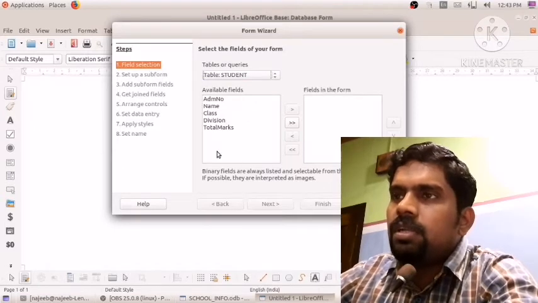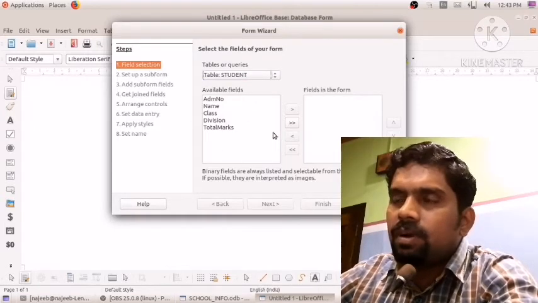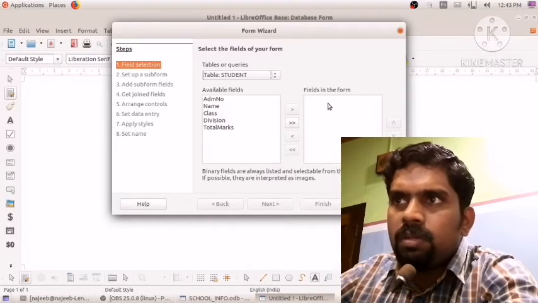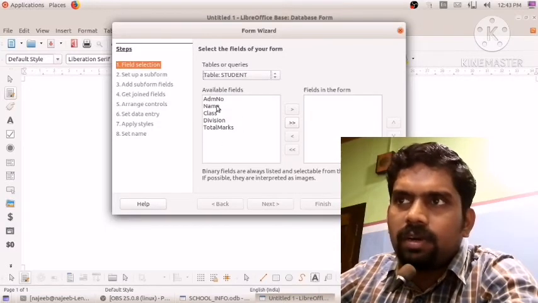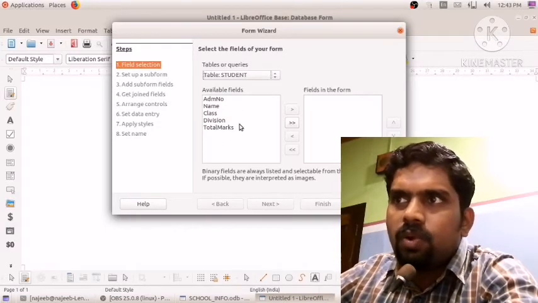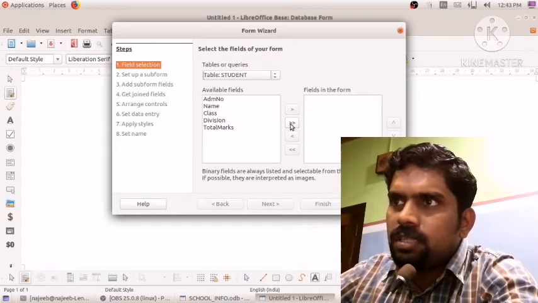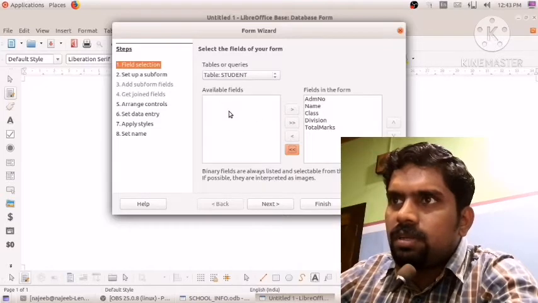Whatever information we need in our form, you see these are the fields, the columns of our database table. We need all of these, so click on the double arrow mark to move all the content to the right.